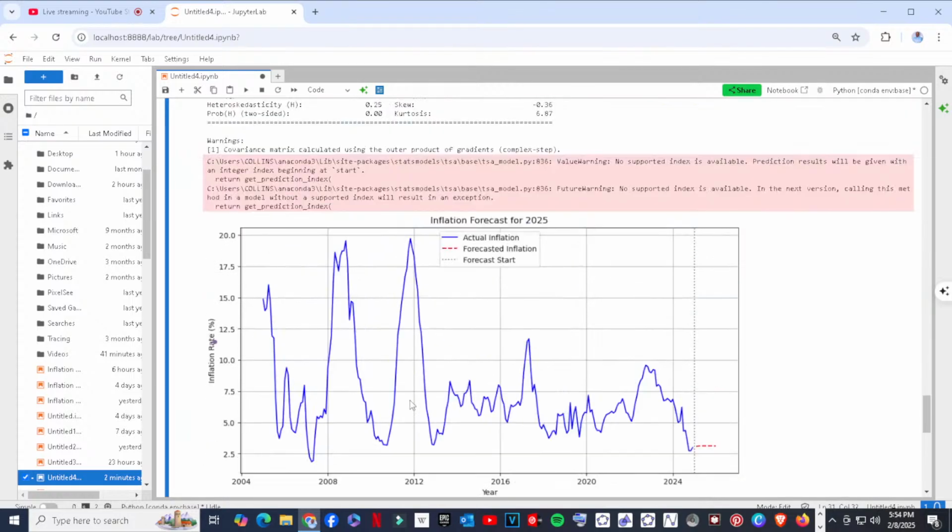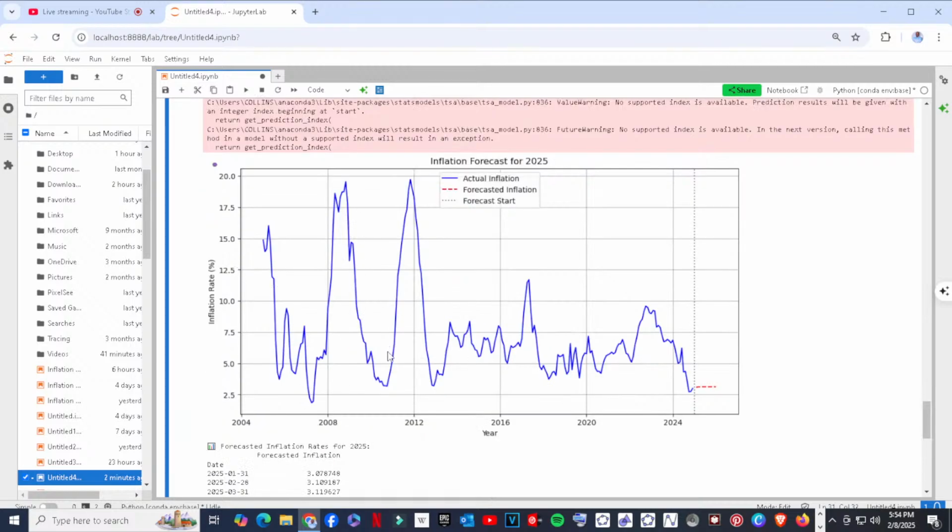Yeah, you see, it's finished, and we see that the inflation forecast for 2025 is already given, and we say forecasted inflation. So you see that this is the pattern. This is how it's been. This is the plot that we have had since 2005. This is how it's been behaving.